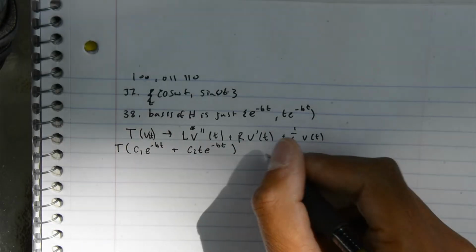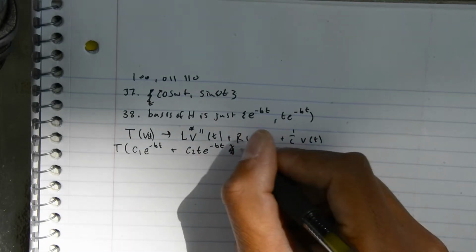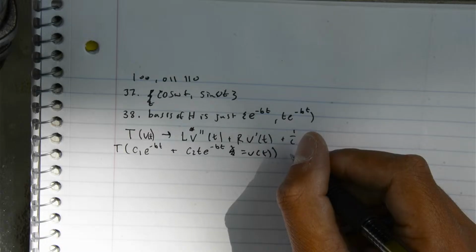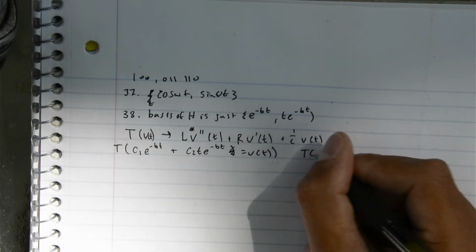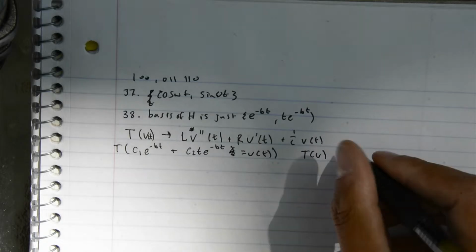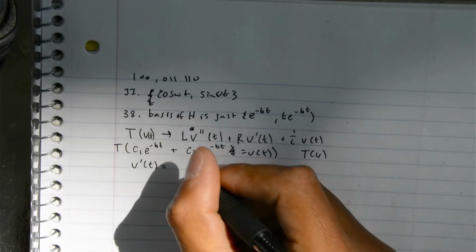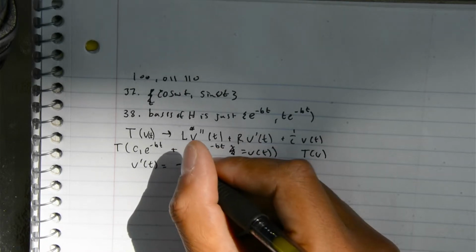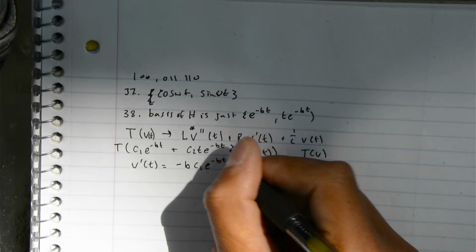So we need to take the first derivative. If this is equal to v of t, then we want to compute T of v. So v prime of t is equal to, I think, minus b c1 e to the minus bt